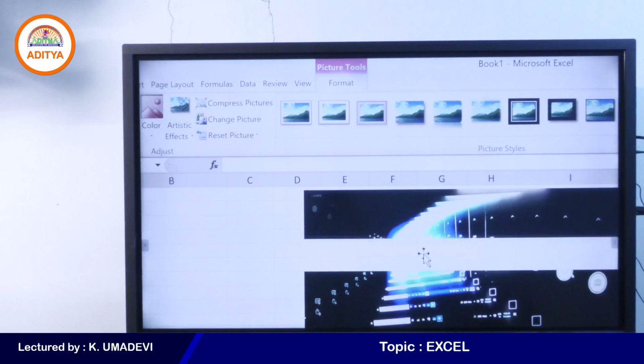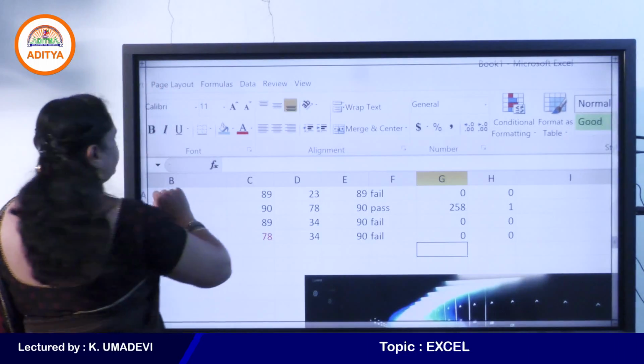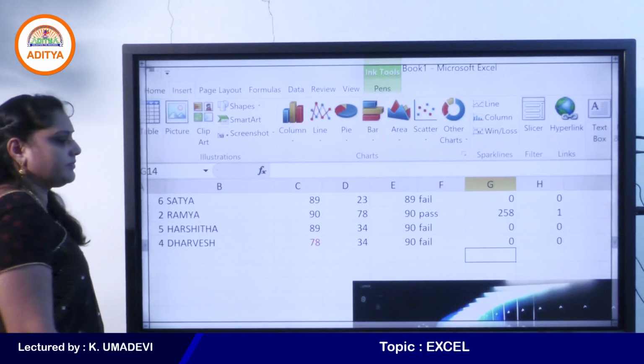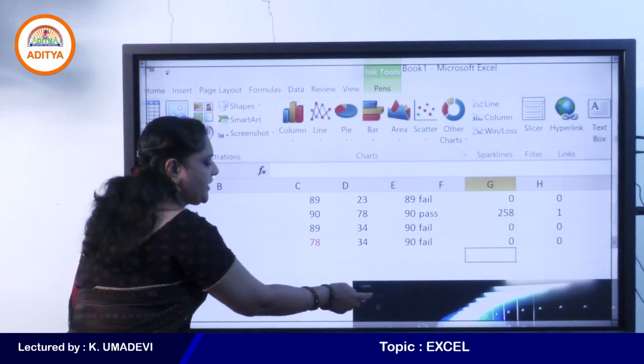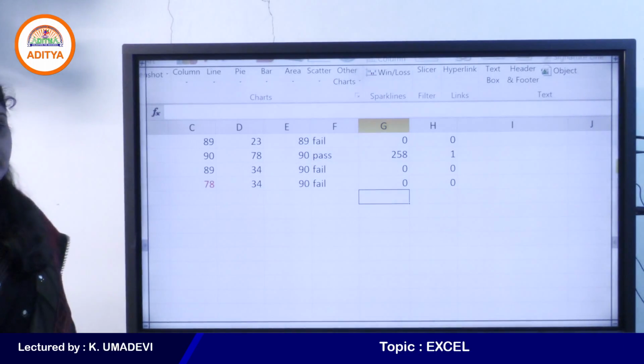So like this we can insert pictures, like in MS Word, okay. So if you want to delete the picture, select the picture and press the delete button on your keyboard.